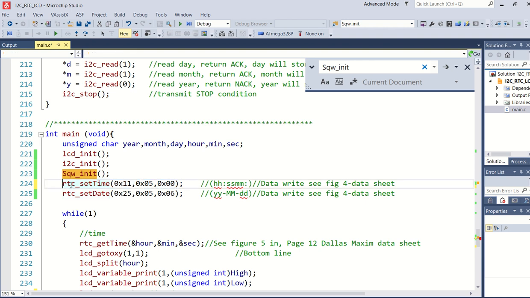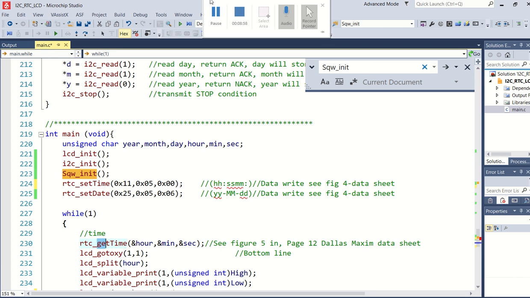So in my videos to follow, I'm going to show you how I've developed a menu to program these values: the hour, the minutes, the seconds, the year, the month and the day. I'm first just going to start off by showing how we do the real-time clock, how we set the time, and how we set the date. And then you'll see here in the while one loop, I'm going to read the time and read the date. I'm just calling it get time.